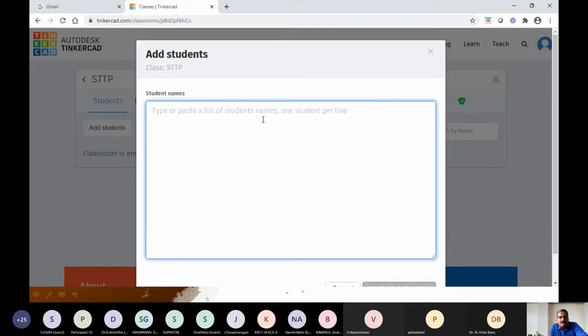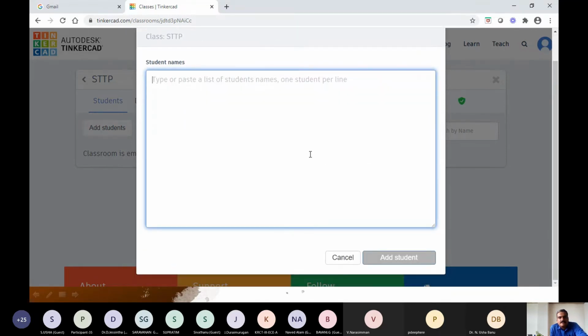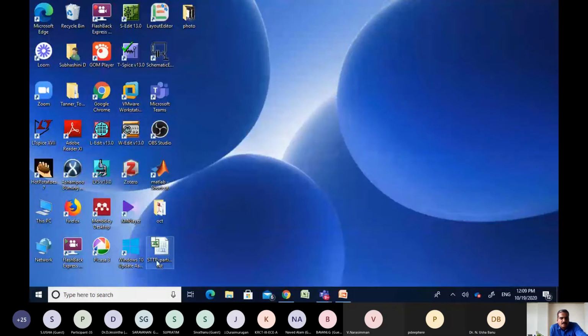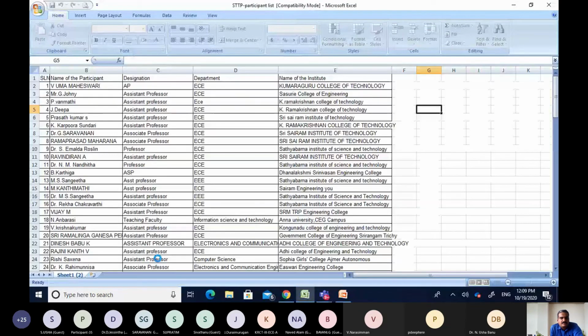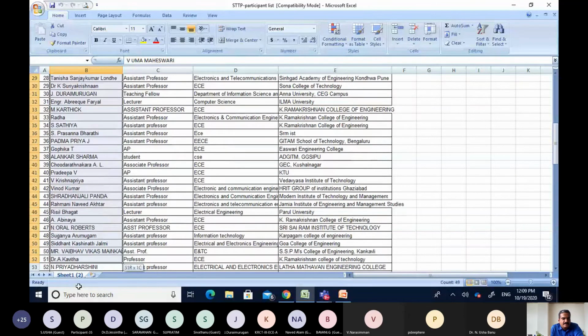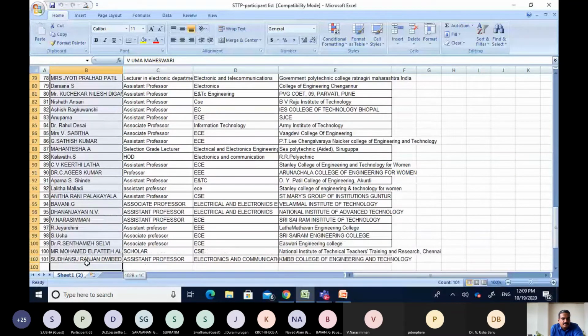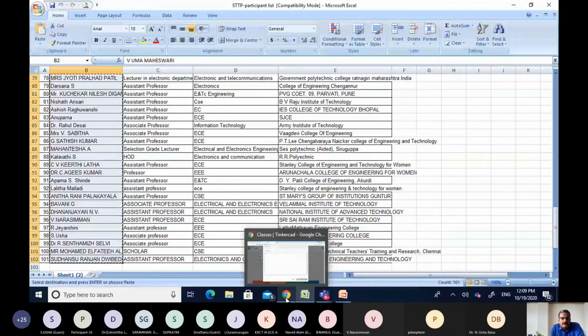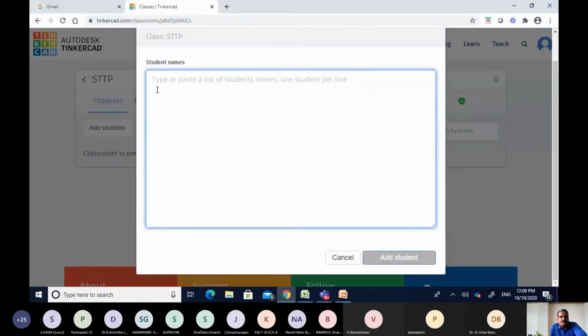I will copy that participant name list. Here we have the participants list. I will be copying the names from the Excel sheet itself, in the order of one row per member.